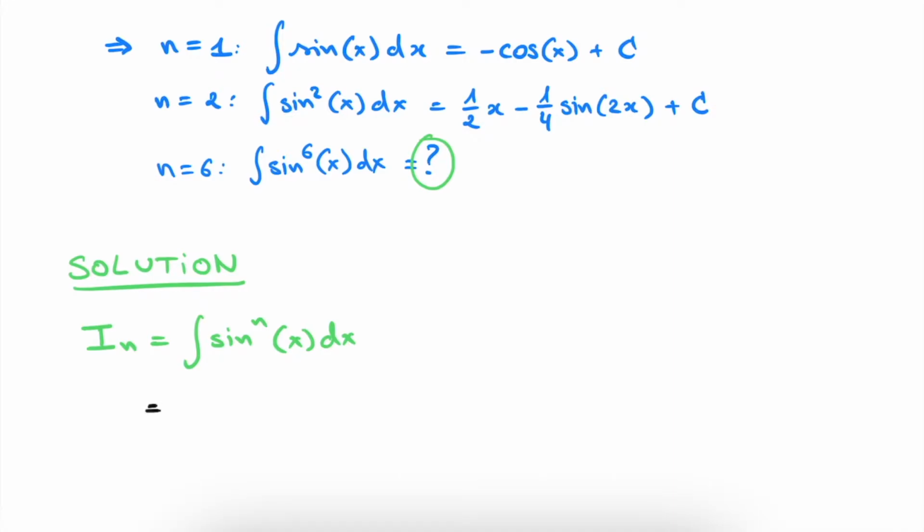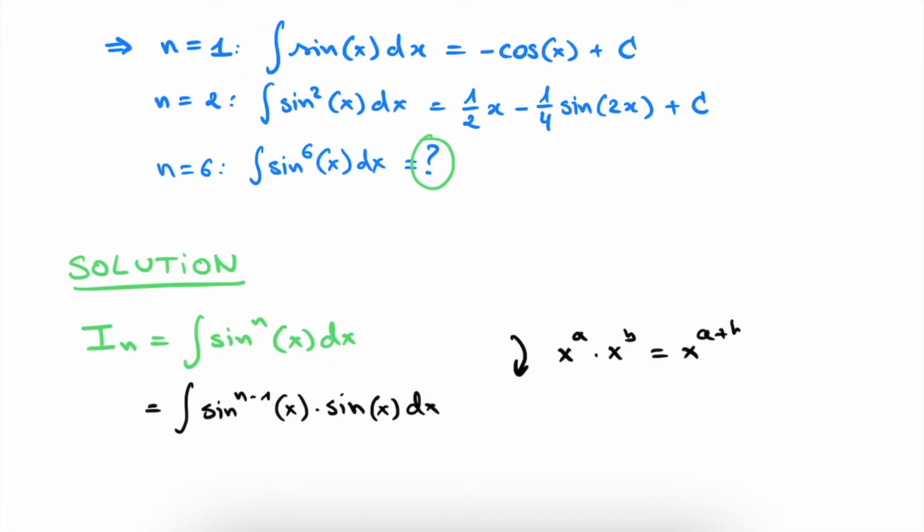And our first step will be to rewrite this sine to the power of n as sine to the power of n minus 1 of x times the sine of x. And we do not forget this dx. And we see, of course, that in this step, we use that x to the power of a times x to the power of b is equal to x to the power of a plus b. So if these bases are the same, we can simply add the exponents, which is what we did here